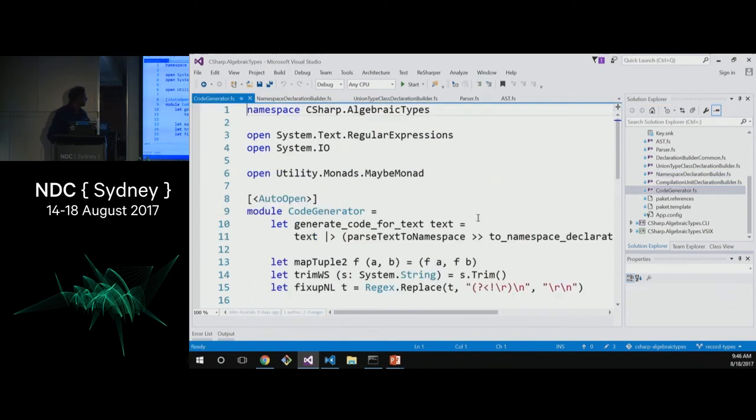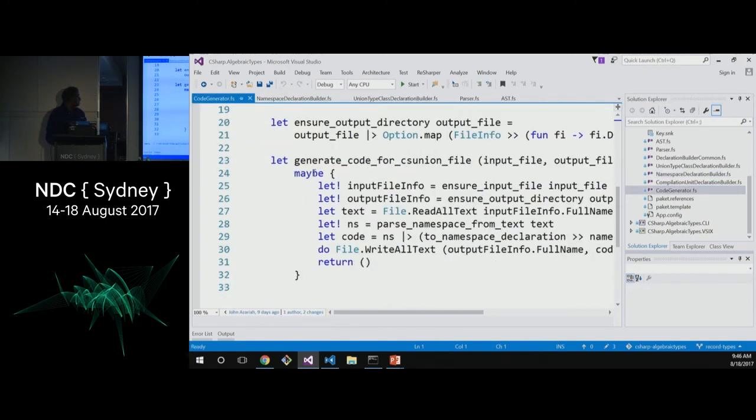So that's what the code generator does, actually. It basically does this. Given a file, open the input file, open the output file, read all the text, parse the namespace from the text, and then go from that namespace to a declaration, and then write all the output into the output, and you're done. So in effect, we've built a little compiler for a little language using all the various stages